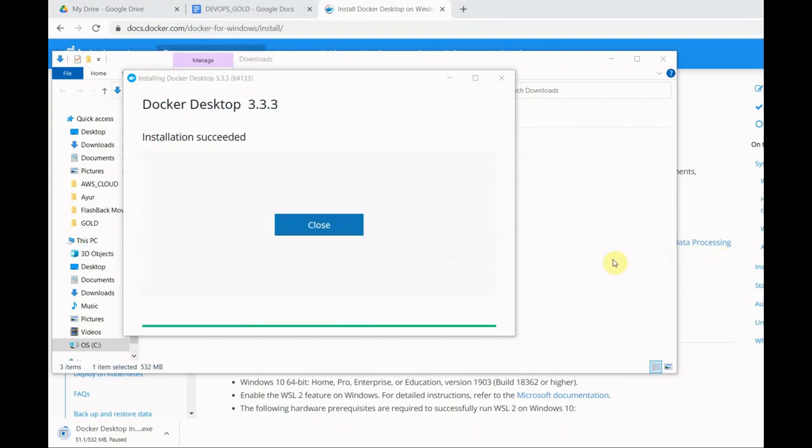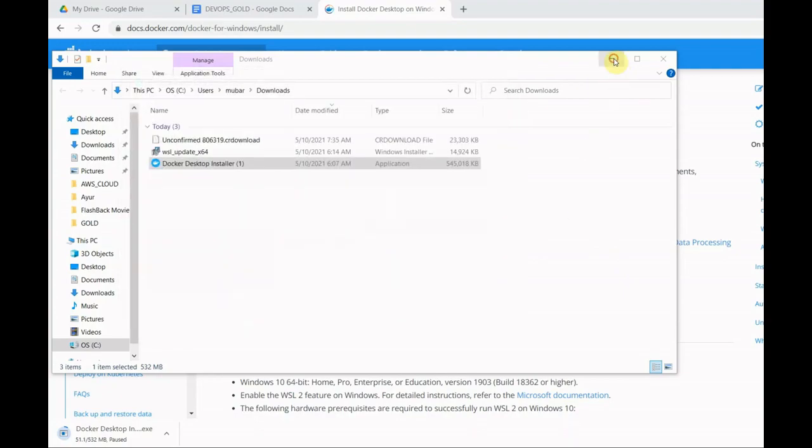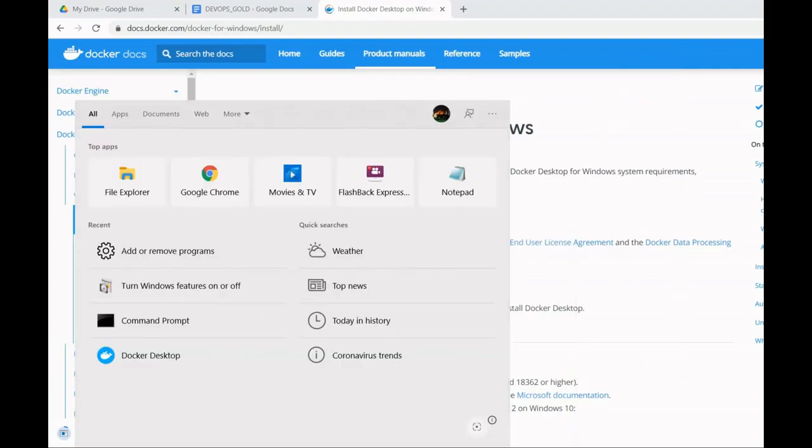So here, guys, installation of Docker desktop version 3.3.3 has been completed successfully. So let's close this window and start our Docker application.